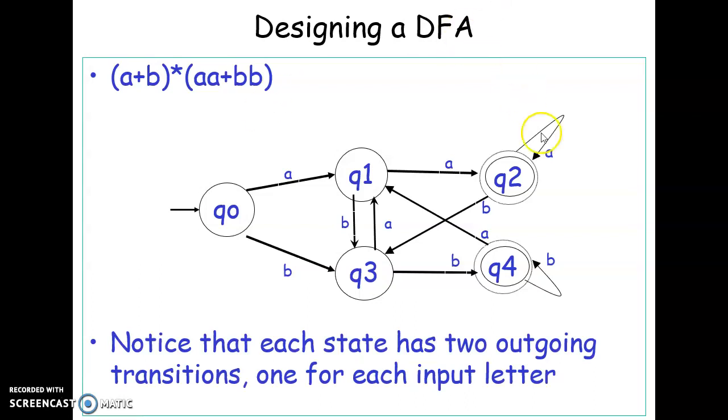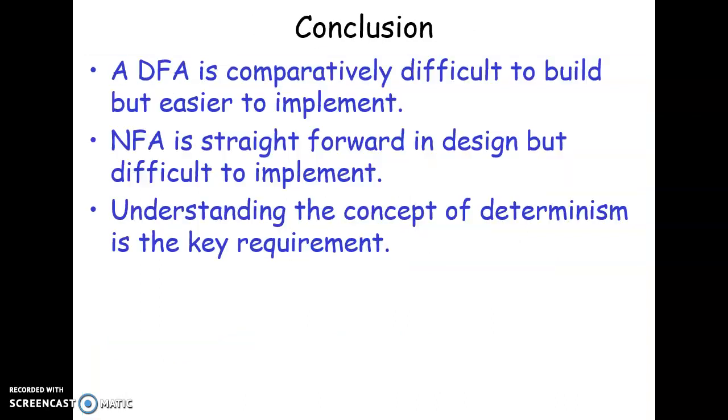And finally, the last two possibilities: Q2 with an A stays here, and if you get a B at Q4, you stay here. So notice that each state has two outgoing transitions, one for each input letter. Because there are 2 letters in sigma, you see 2 outgoing transitions from every state. It can't be more than 2 and it can't be less than 2. So this is about